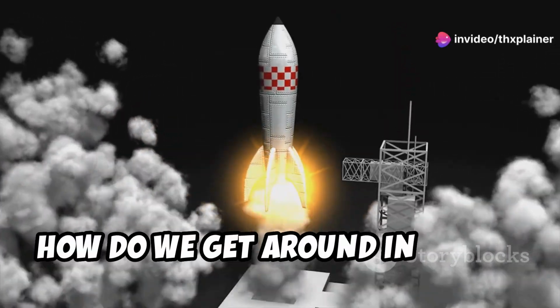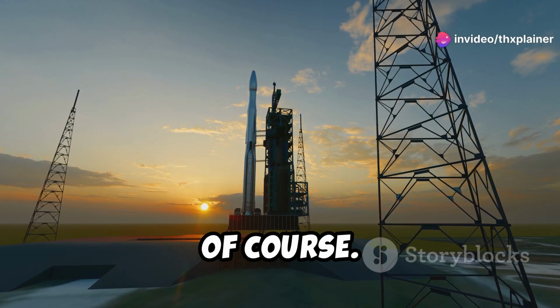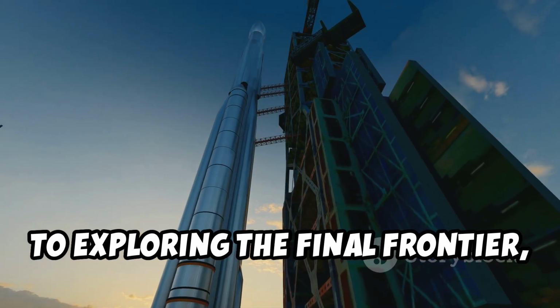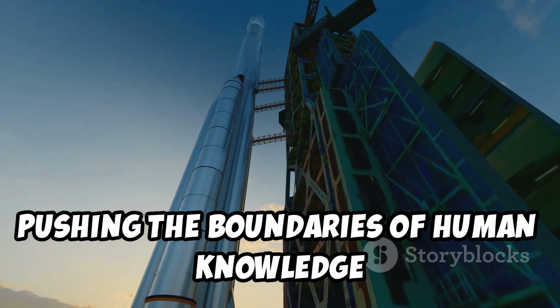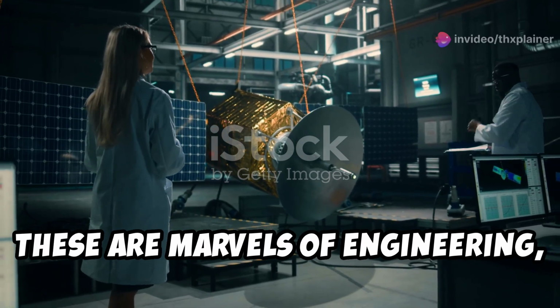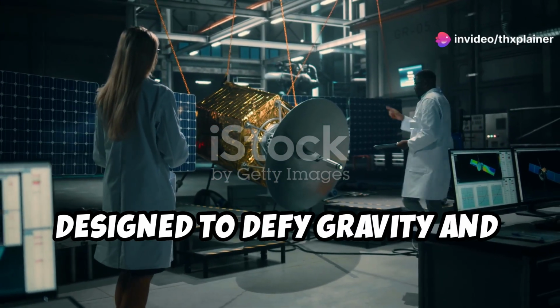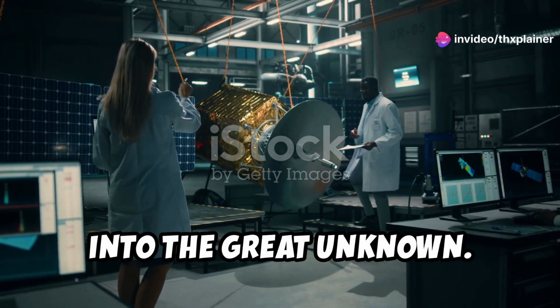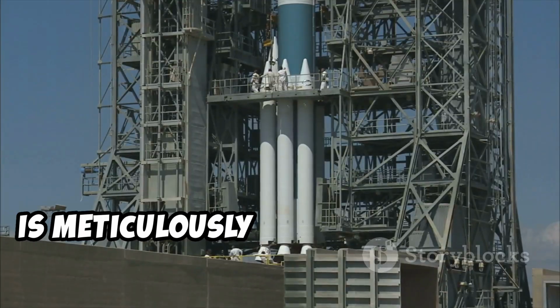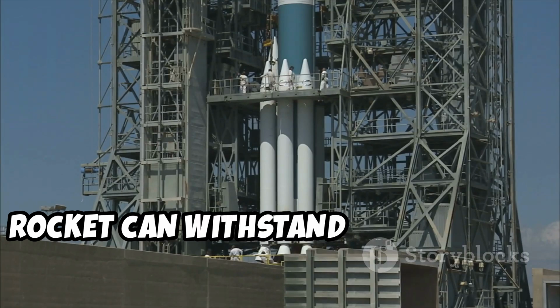So, how do we get around in space? With rockets, of course. These incredible machines are our ticket to exploring the final frontier, pushing the boundaries of human knowledge and capability. But not just any rockets. These are marvels of engineering, designed to defy gravity and propel us into the great unknown. Each component, from the engines to the fuel tanks, is meticulously crafted to ensure the rocket can withstand the immense